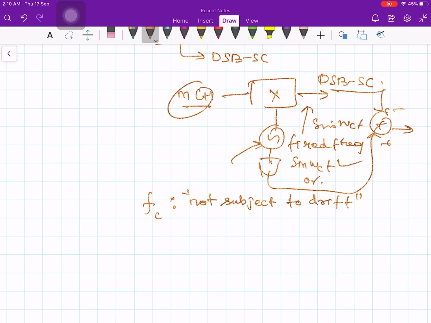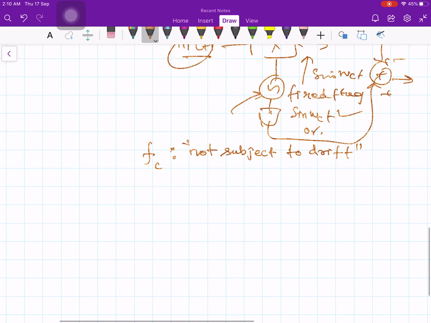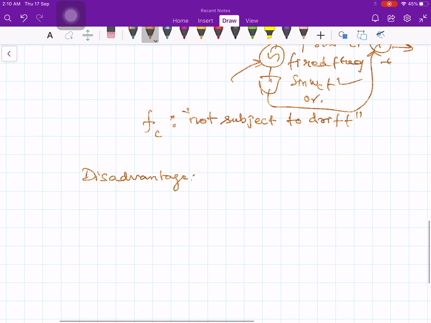Now we can ask, what is the con? What is the disadvantage? Is there a disadvantage? Yes, there is a disadvantage. We will see what the disadvantage is. We have discussed this briefly earlier. The disadvantage is that the narrowband FM generation is based on an approximation of the actual FM signal, because we represented the actual FM signal as